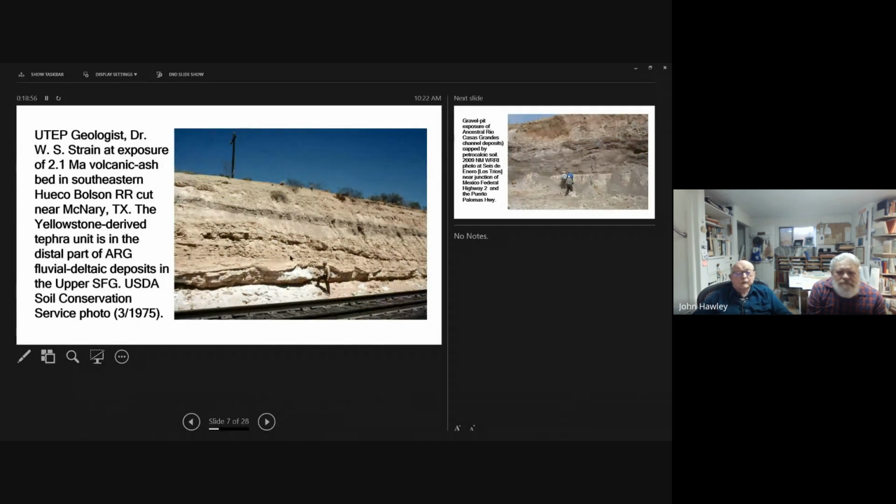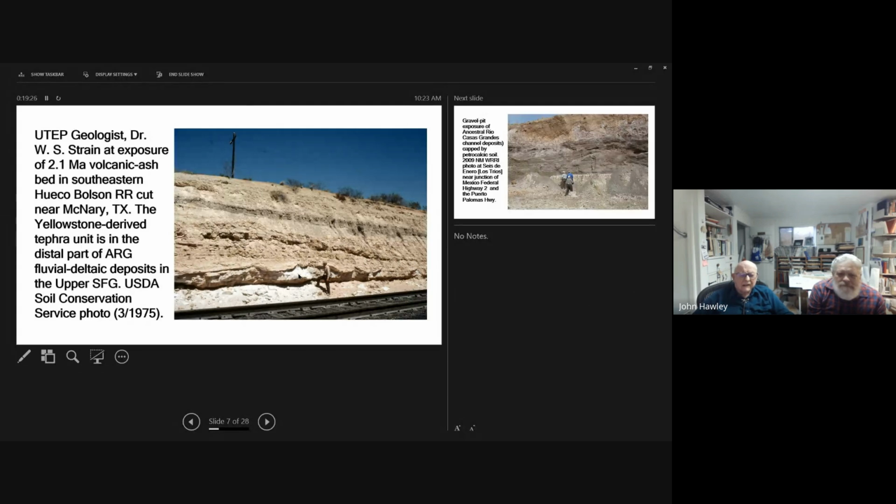Downstream, about 20 to 30 kilometers southeast of El Paso, near Fabens, Texas, or McNary, Texas, you have the distal part of that unit, and it's finer grained.